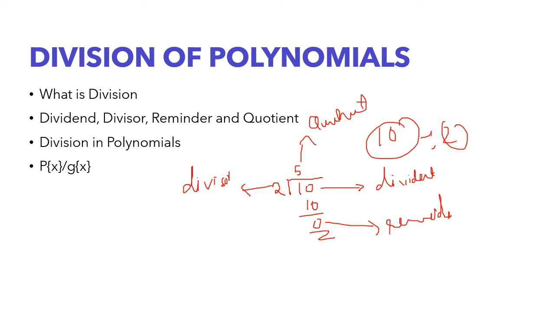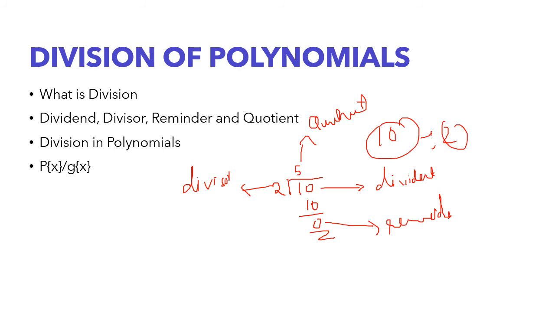So this theory you already know about it, right? There is divisor, there is dividend, there is remainder, and there is quotient. In the same way that we have done division in regular numbers, we'll be doing it in polynomials also, but in a quite different way. But not much difference also. We'll be discussing that in the next slide.